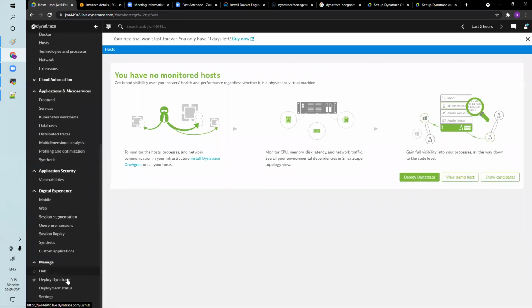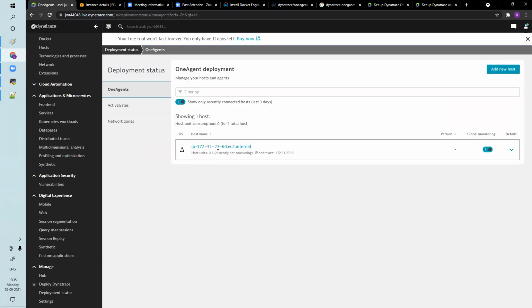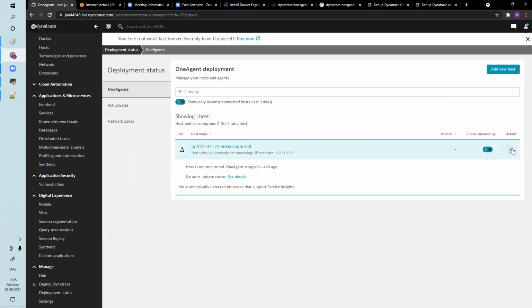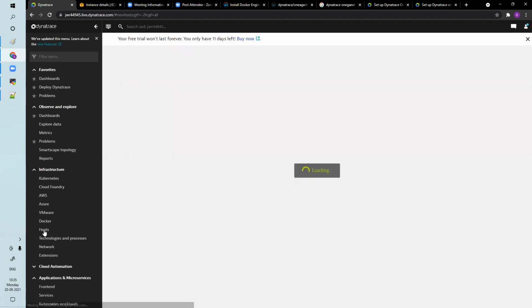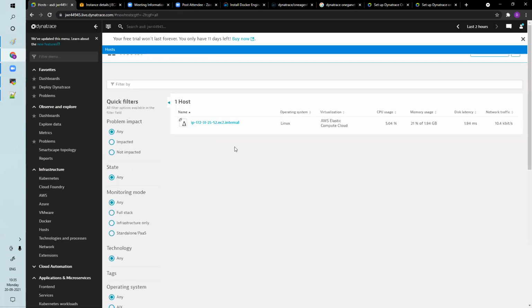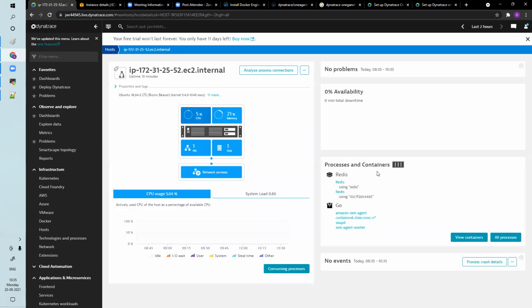It is not showing. No, this is not the host. Now I started this one. Okay, now if I go to host, now you can see. You are seeing process and containers, right?